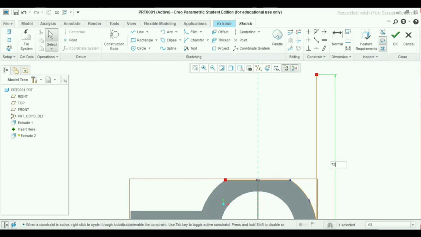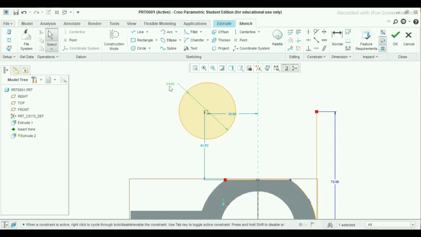Take 72 mm. Now I will join a circle and tangent this line. So take the circle command. Draw the circle anywhere.